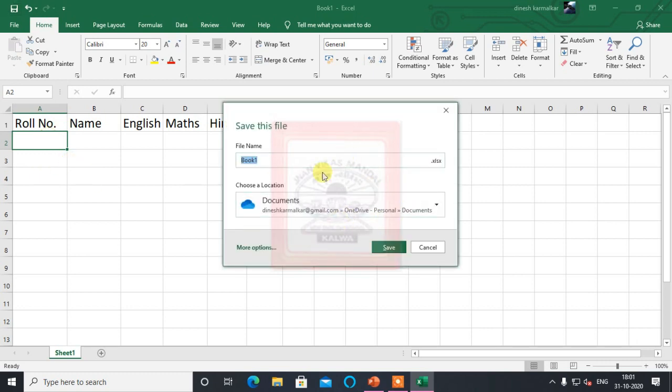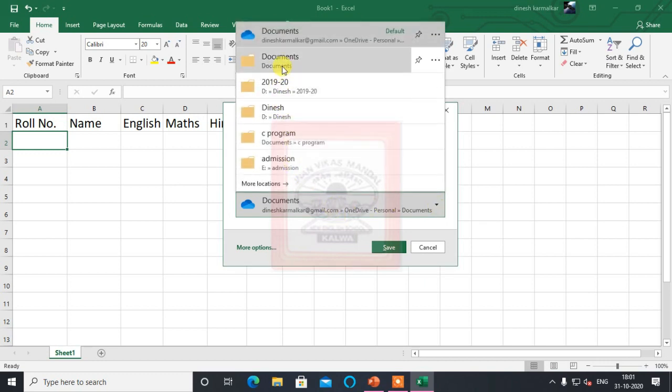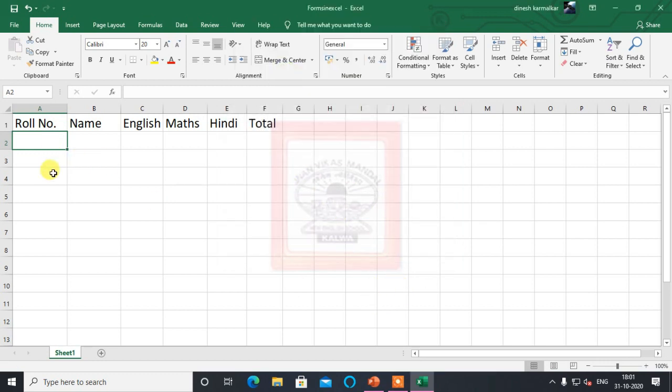Normally I can type directly here also. Let's save this file as form in Excel. Let's see the first data.